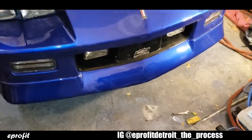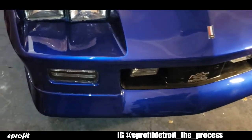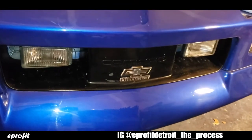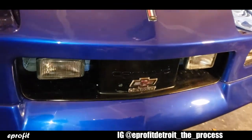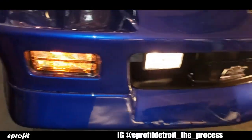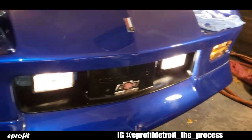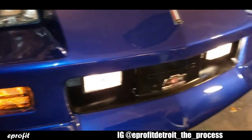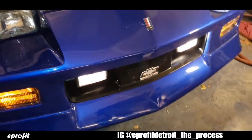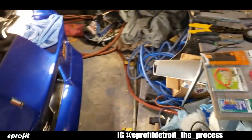All right, YouTube, let's go ahead and get started. Today, I'm gonna be installing my brand new headlights, and I'll be rewiring these fog lights down here because right now they come on when these turn signals come on. You see that? And I don't like that. So I'm gonna install a toggle on and off switch so that way I can have them on when I want them on. So what I went and got was,